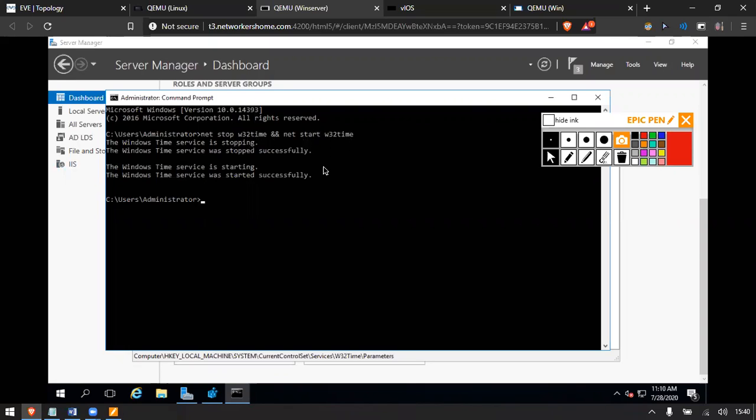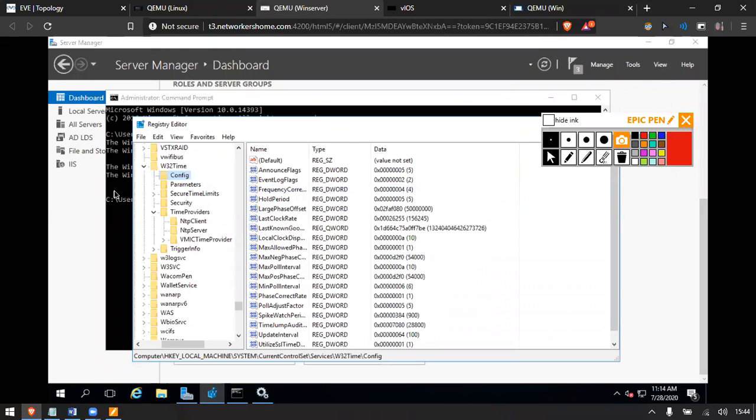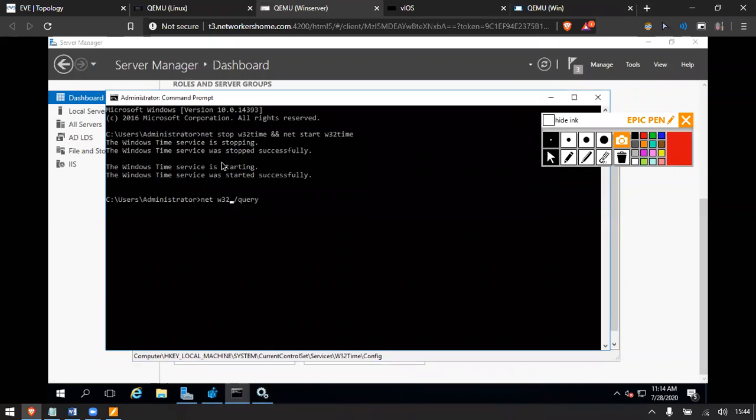To check, I have to write net, sorry. As you can see, I have checked it, and let us see the result if it is taking from Google. I have set my NTP server to time.google.com. w32tm, we don't want net.